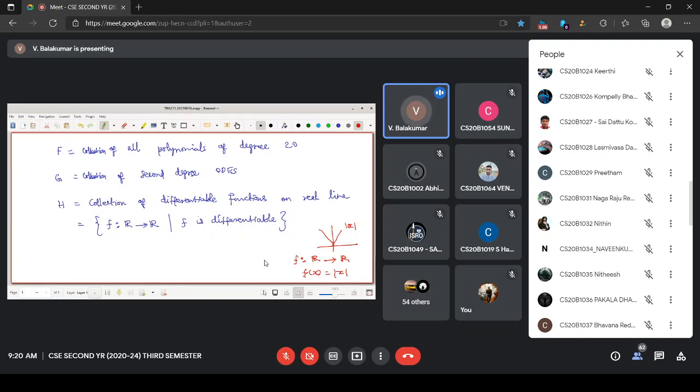It is not differentiable, so we will say that this function does not belong to H. Do you follow that?